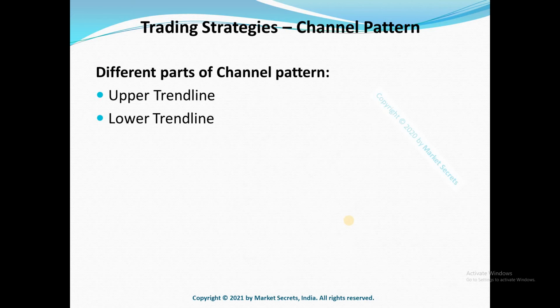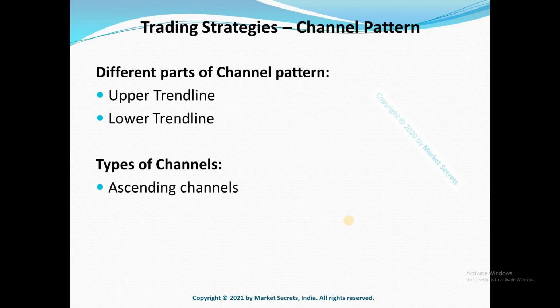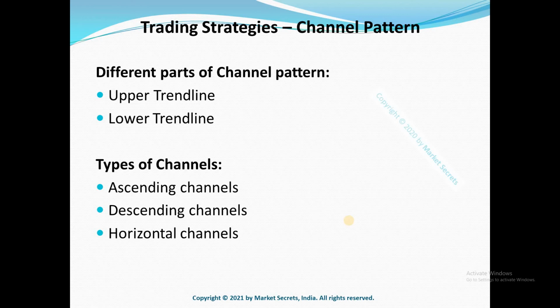And when it comes to types of channel, there are three types of channel. Number one, channels that are angled up. These are called ascending channels. This is exactly what we are using in our example. Likewise, there are channels that are angled downwards. These are descending channels. Ascending channels and descending channels are also called trend channels because the price is moving dominantly in one direction. And there is third type of channel which is called a horizontal channel. So these are the channels in which trend lines are horizontal. So this type of channel is called horizontal channel or a rectangular trading range. So we have already seen a triangle pattern. Now is time for a rectangle.